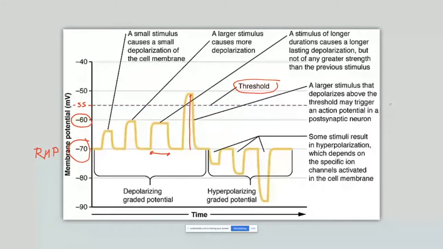Okay, and then we are going to have a series of sodium channels along the axon that, again, respond to voltage, and that will permit the transmission of this electrical impulse along the axon. All of these stimuli that we saw here on the left part of this slide are producing a depolarization. So the inner part of the cell becomes less negative. That's why they are called depolarizing graded potentials.